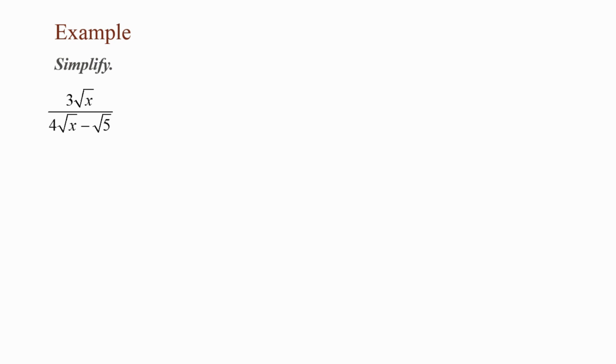In this example, simplify 3 square root of x divided by 4 square root of x minus the square root of 5. Again, we're trying to get rid of the square root, so we want to multiply by the conjugate of our denominator, which will be 4 square root of x plus the square root of 5. We need to multiply that by the numerator and the denominator. Distributing in the numerator, 3 square root of x times 4 square root of x is 12 square root of x squared,